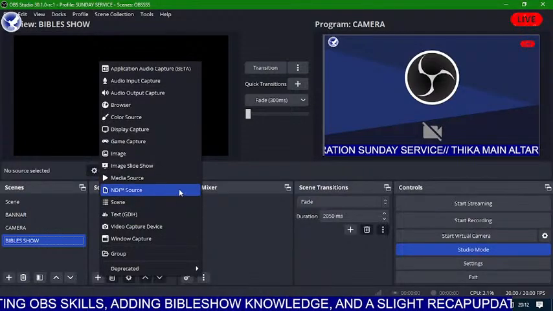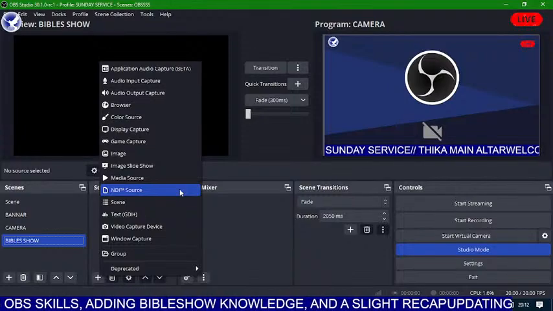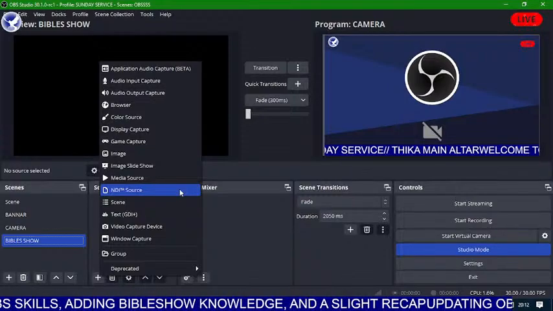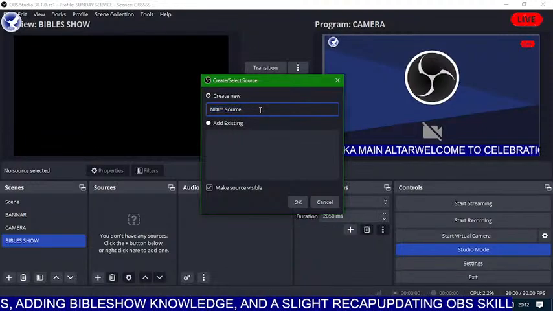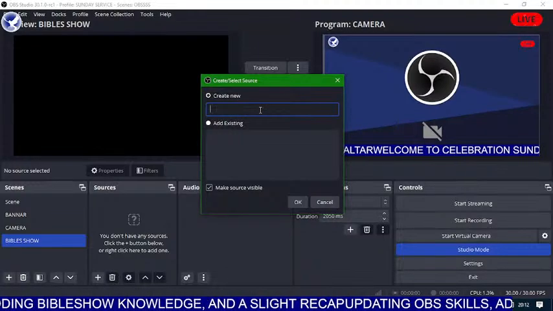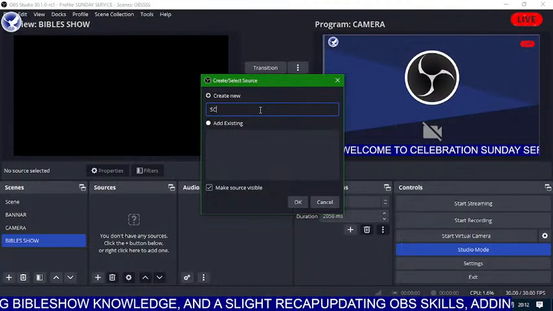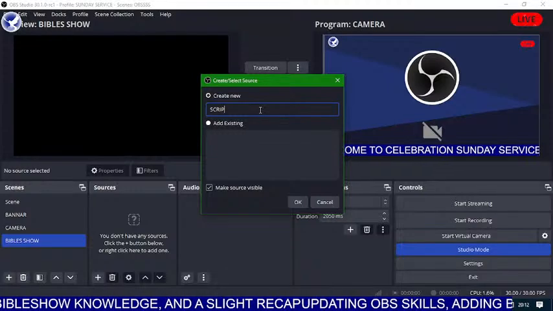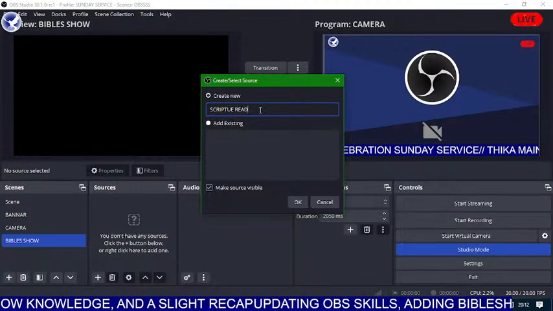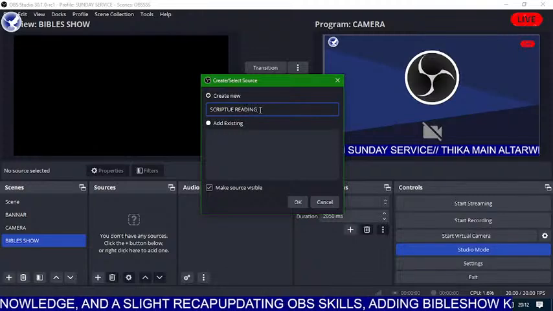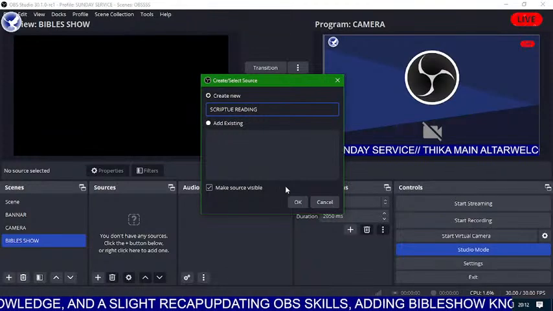This is what will bring the Bible show to OBS. So you just click NDI source like that. You can name it, for example, scriptures. It is very simple like that. You don't have to worry. The biggest challenge is when you have to install all those, but for now,